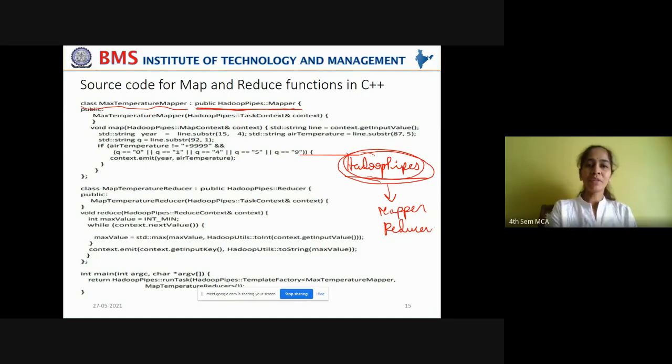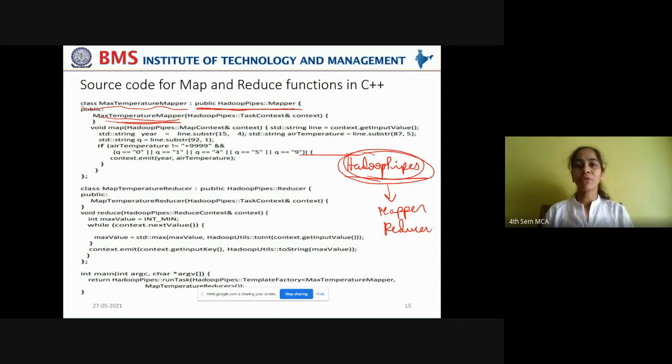Now, within this class, you are going to define the constructor. What is the constructor we are taking? MaxTemperatureMapper. You know that the constructor name is the same as the class name, right? So you are defining this constructor so that whenever an object is instantiated for this class, immediately this constructor will be invoked without having to be called explicitly by the object.